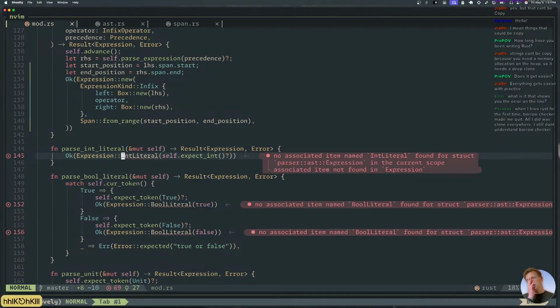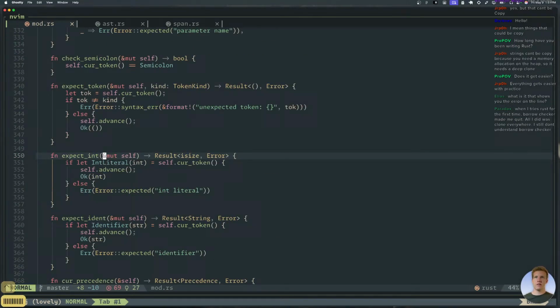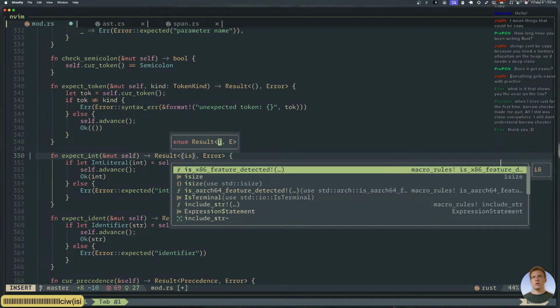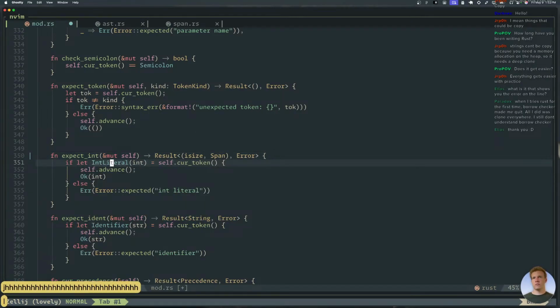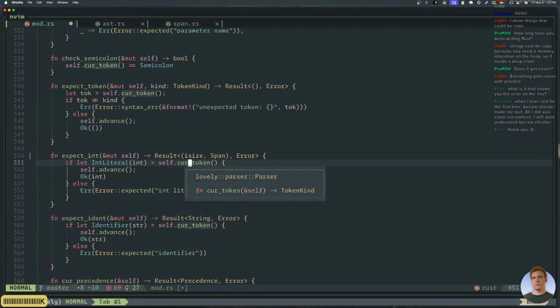All right, so what should we do here? This expect int isn't giving me everything I want, so I can make this return the isize and a span. Oh, see, everything's fundamentally flawed. I hate it when this happens. See, cur token is returning a token kind, which doesn't even have the span.